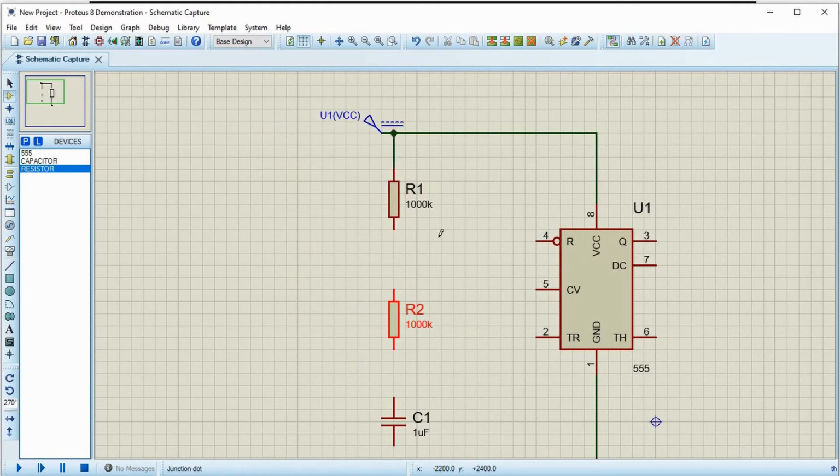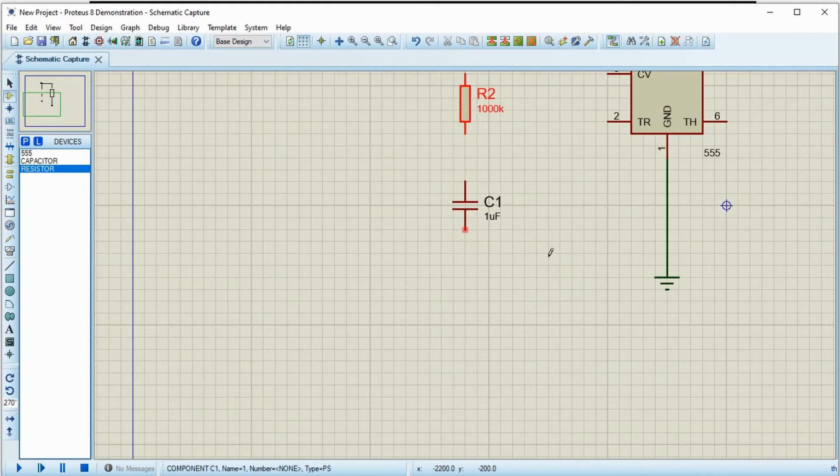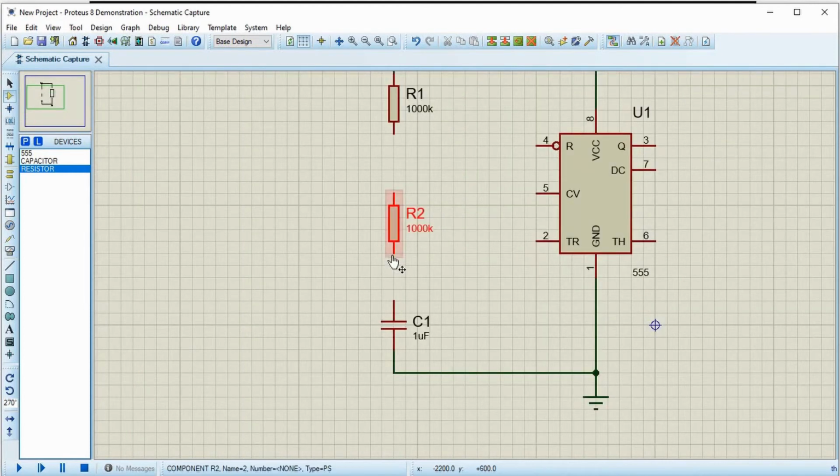This goes to VCC, this to ground, and as I told you, this capacitor voltage we will give to both threshold and trigger. This path I'll use to discharge it.